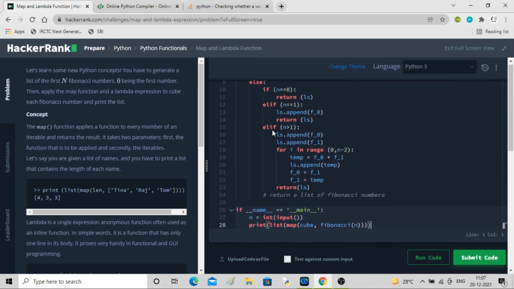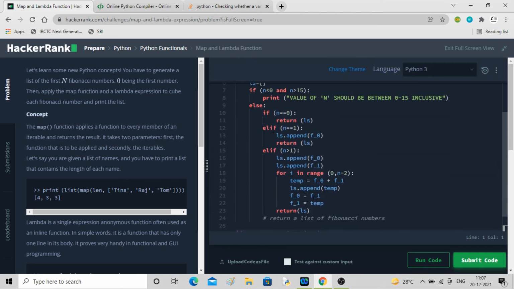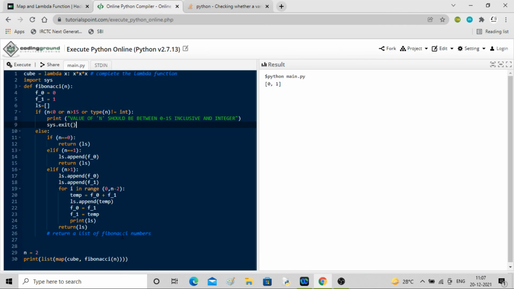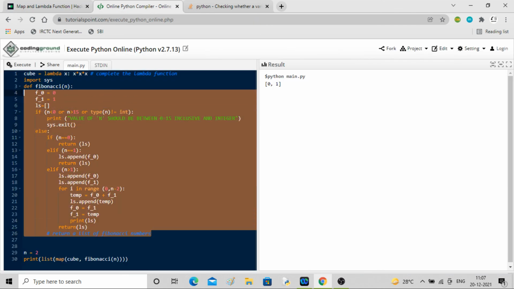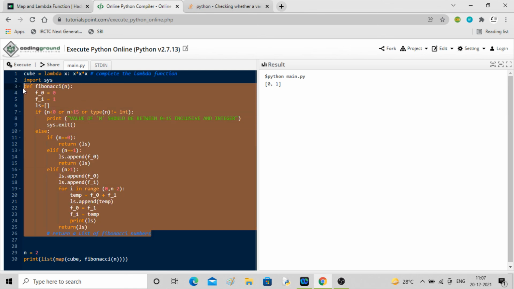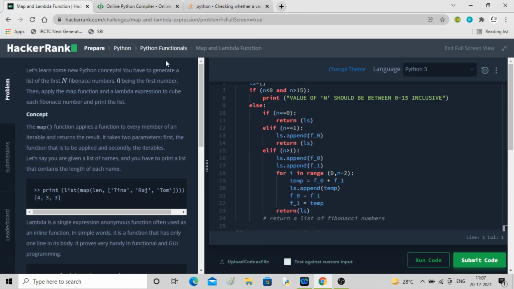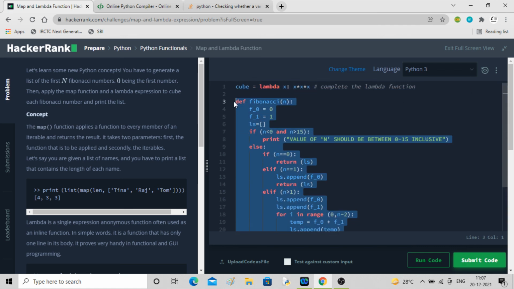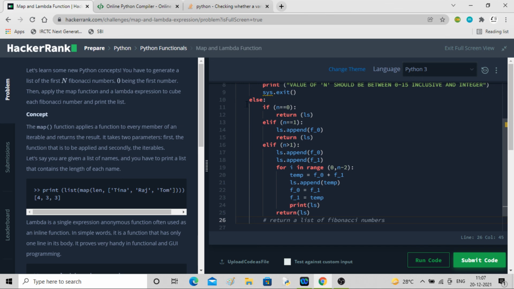Oops. Okay, let me only take the function. It is not taking. Let me copy this whole thing, Control C. It's much better code. Control V.